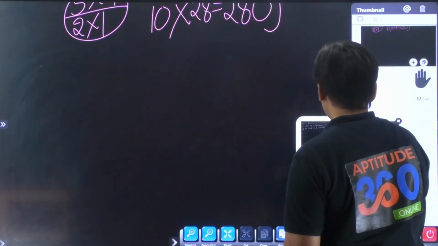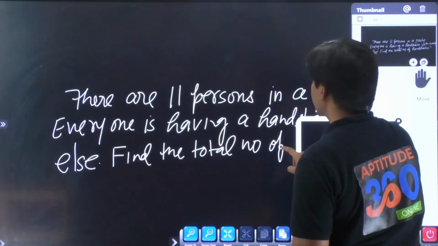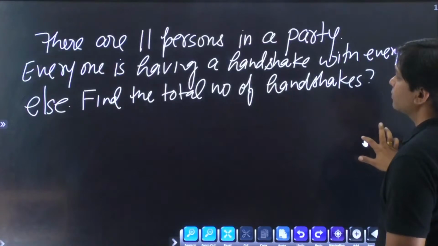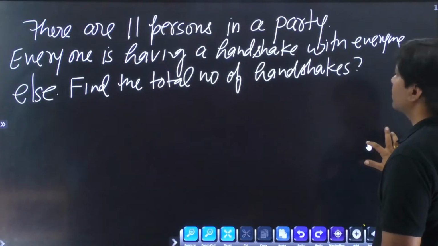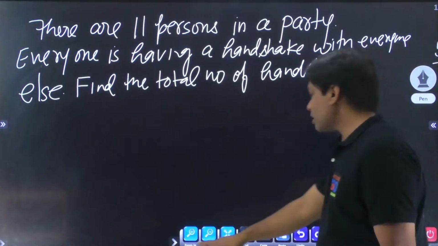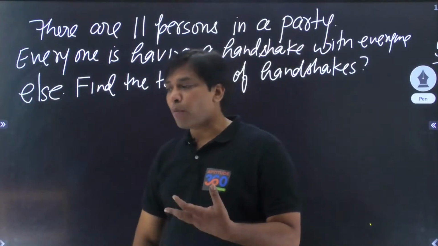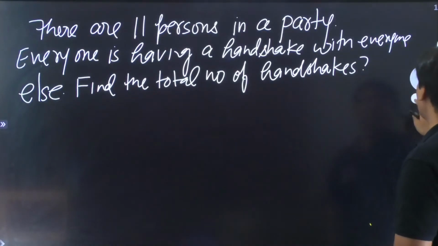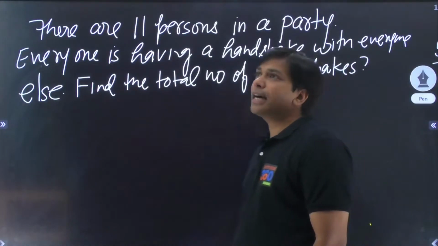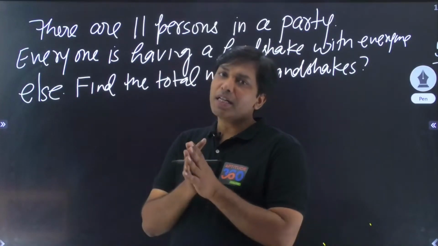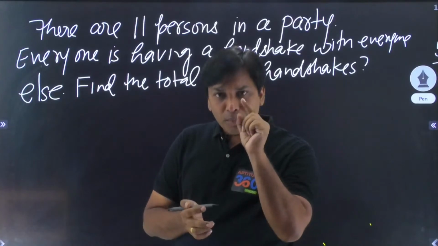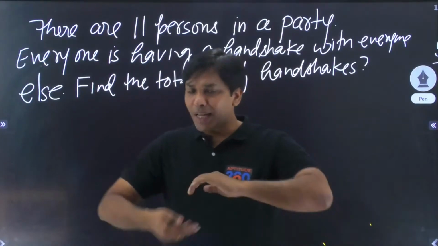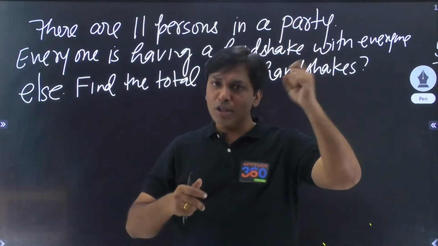Let me see. And I say this, if I have to solve this problem commonsensically, what is that commonsensical way? मैं बोलूं कि चलो भाई कि मेरे को निकालना है हैंडशेक्स, ठीक है जी। अब हैंडशेक क्या हो सकता है? पर्सन नंबर वन, हाउ मेनी हैंडशेक्स दिस पर्सन विल बी हैविंग? 10 हैंडशेक्स। अपने आप से तो हाथ मिलाएगा नहीं ना भाई, वो बाकी के 10 लोगों से हाथ मिलाएगा।